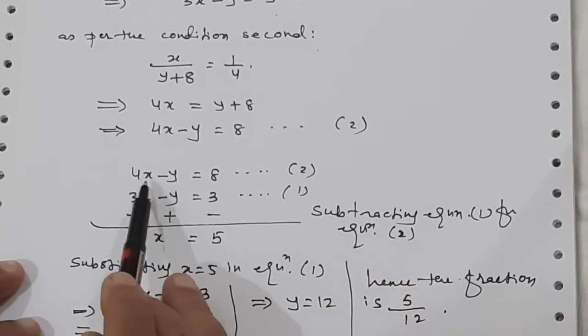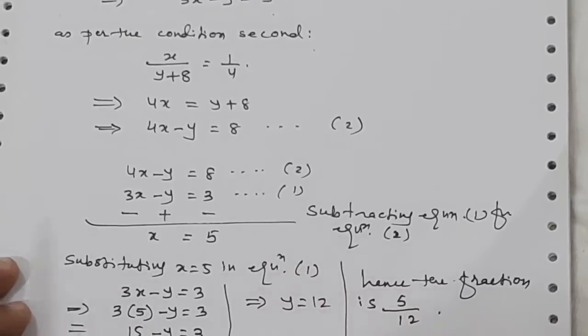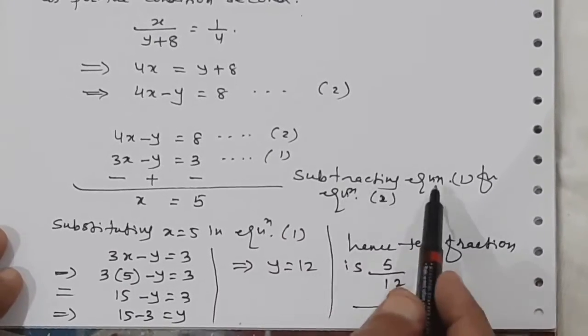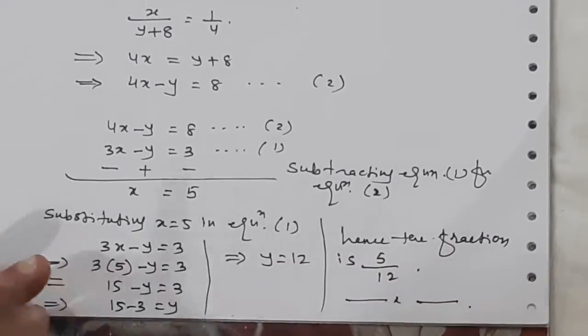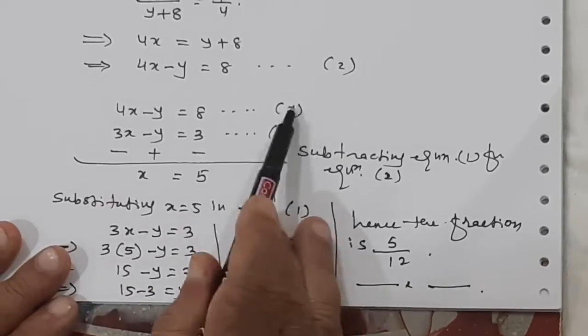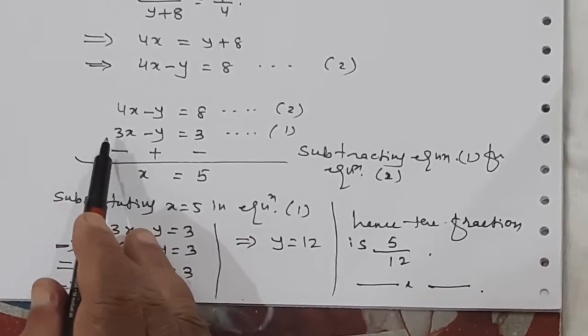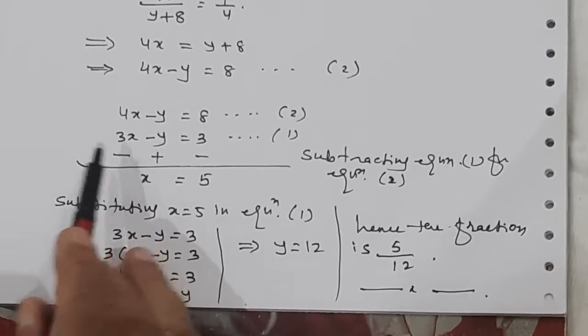So take equation 2 and subtract equation 1 from 2. So here in the narration you have to write subtracting equation 1 from equation 2. You can subtract either way. So write down the equation 2, write down the equation 1, change the sign because we have to subtract, means change the sign of equation 1, that is to be subtracted.